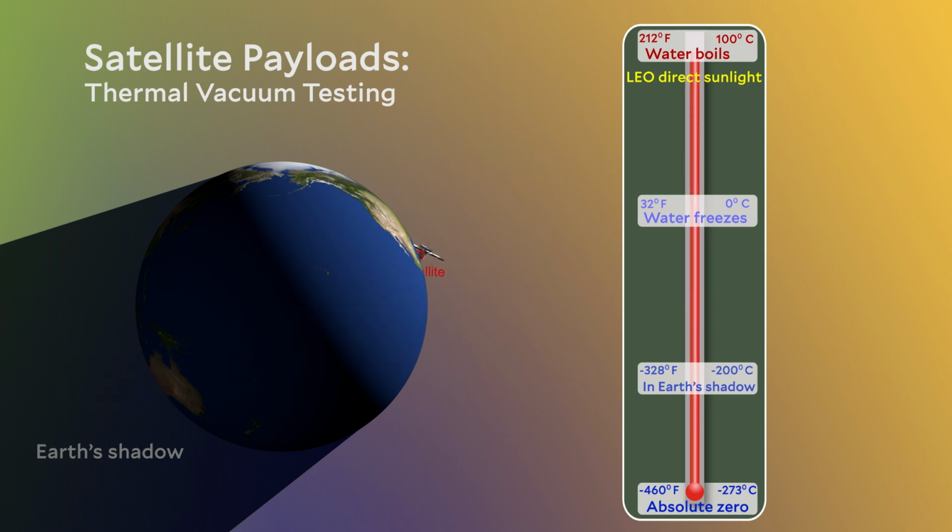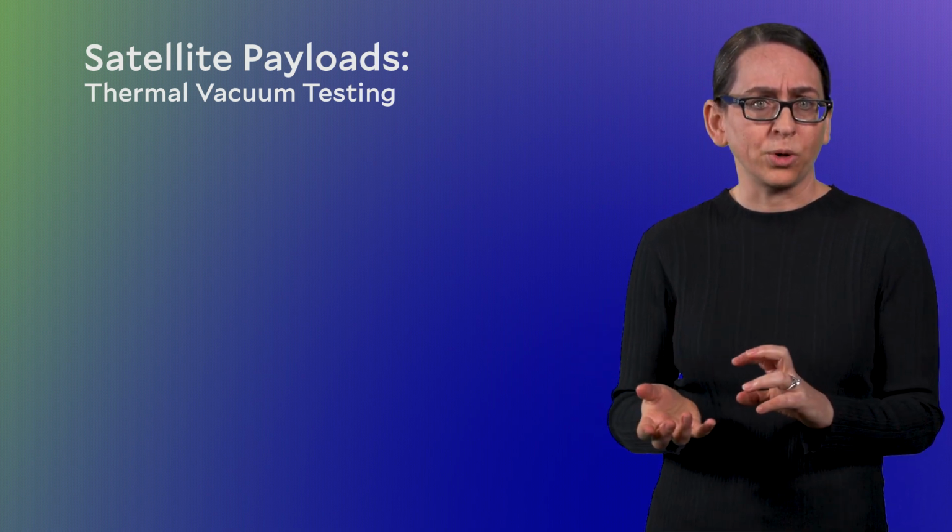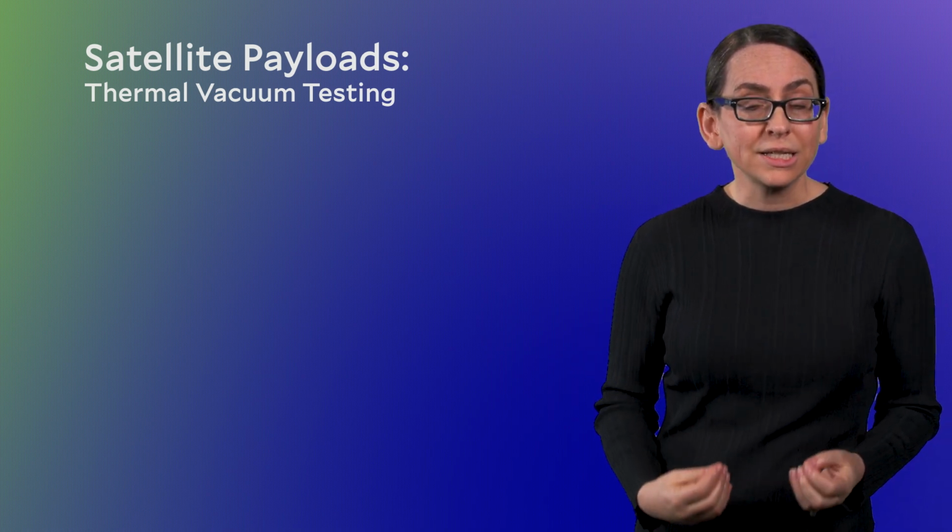Electronics do not like large temperature fluctuations. Imagine putting your cell phone first in a sauna and then in a blast freezer. Again, I wouldn't recommend it, but you can be sure that the electronics won't be very happy. In addition, the cell phone case might get brittle and crack as the temperature changes dramatically from super hot to super cold. In designing a satellite, the materials and the electronics need to take this into account, these extreme